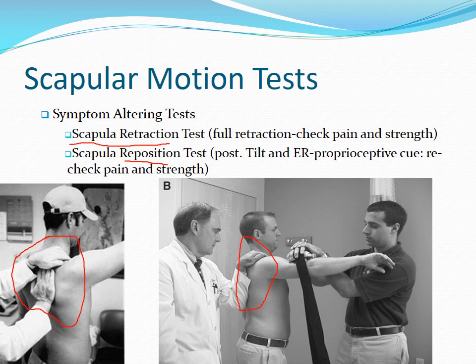Okay, so B tends to be the position most people do that scapular reposition in, because they just do that cue. Usually retraction may take both hands, such as in this picture, to really hold that scapula in that position. You don't really need to know this, but just FYI, the reason why they have 2 tests that are so similar is they used to just do the scapular retraction test, but then they found that when it came to strength, people were actually stronger with the force gauge if you just did a little bit of cueing rather than pinning the scapula back in full retraction. So they found less force got a stronger strength change, which is actually also encouraging for